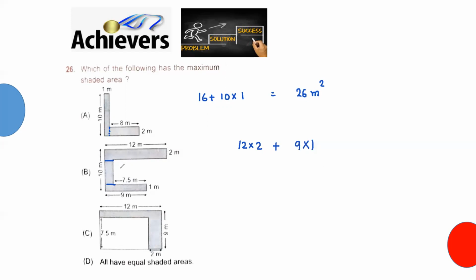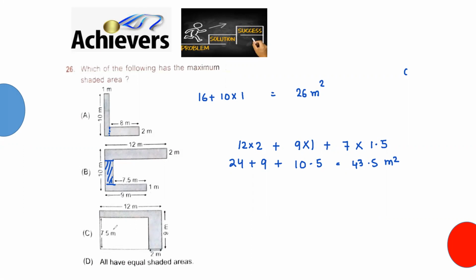And then we are left with this part, which you have to find out. So when you go to this part, from here to here is 10, this is 2, that is 3. So this one is how much? 10 minus 3 gives you 7. Now we have calculated this part and this part. This is 9, this is 7.5, remaining is how much? 1.5. Calculate 24 plus 9 plus 7 times 1.5, which gives you 10.5. That gives you 43.5 meter square, right?